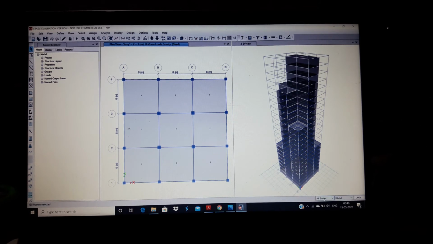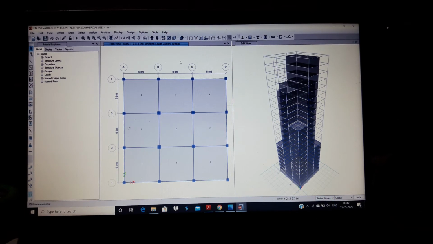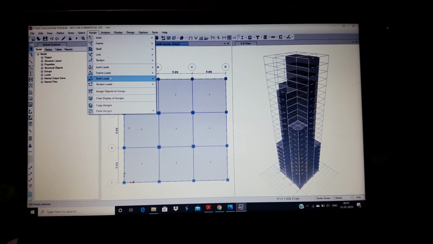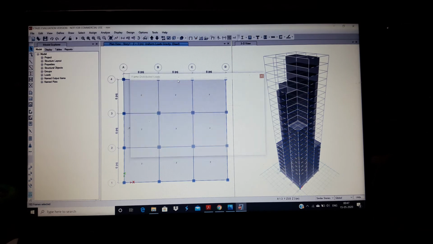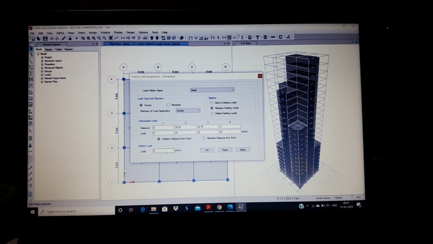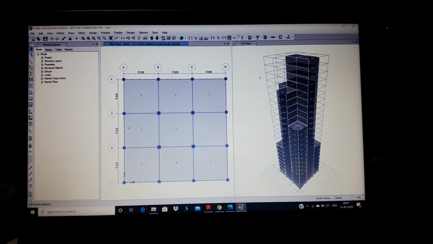But here I have assigned all stories, but you have to select it for the similar stories. Then assign frame loads, distributed load, and then type the value here 0.2 and then apply. You have to apply these to similar sets of stories as their corners are different.